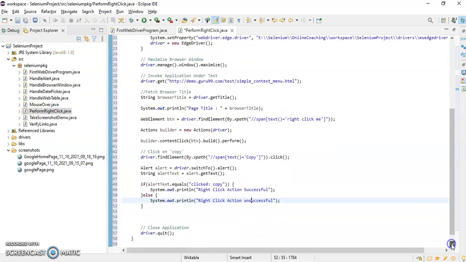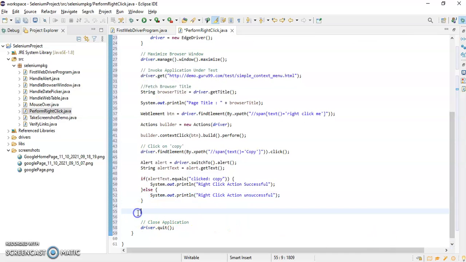After that I will click the OK button of that alert. So all I have to write is alert dot accept. I have to call this accept method so that it will click the OK button of that alert. And after that I am closing this application, right?